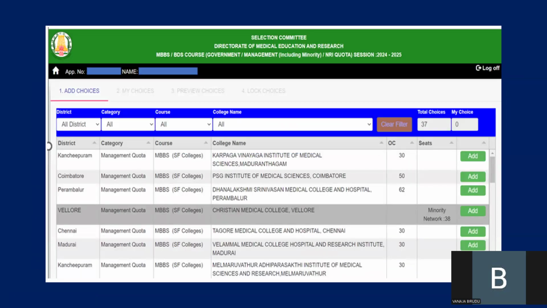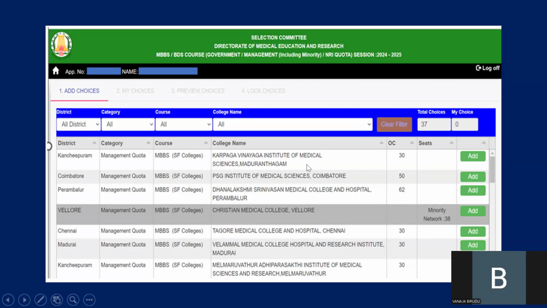So here you can see these are the list of colleges. In addition to CMC Vellore, you can see a number of colleges are also available for you to put web options and choice filling. Suppose the student is interested to put web options for payment seats, then you can select a number of colleges. If the student has applied only for CMC Vellore, then only one college you need to select. Suppose the student is interested to participate in private colleges for payment seats, you can select more colleges from this list.